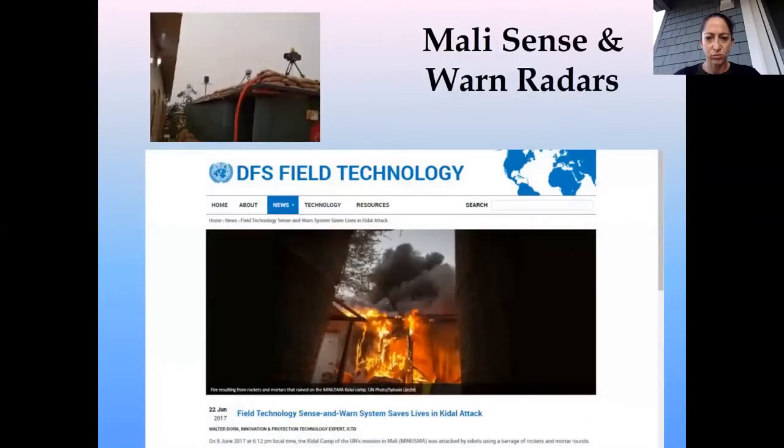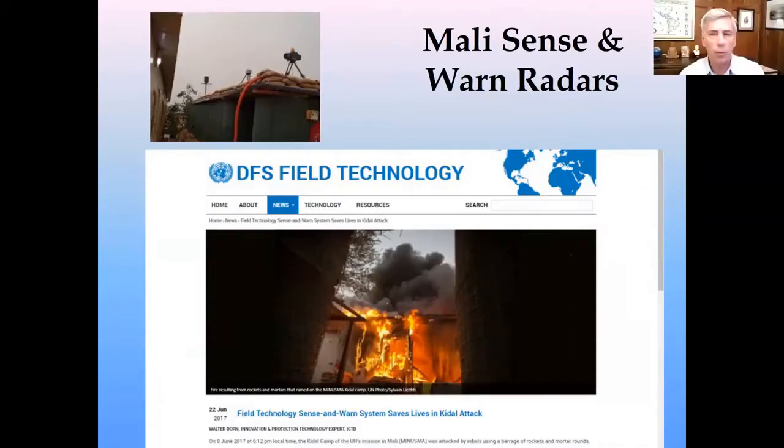The UN did use some radars to look at incoming rockets, artillery, and mortar in Mali. I wrote up an article to describe how the radars saved lives. When people heard the sound of incoming mortar through the alarm system, the alarm was going off, they left their places of residence and took refuge under the Hesco bastions, and were able to actually not be there when